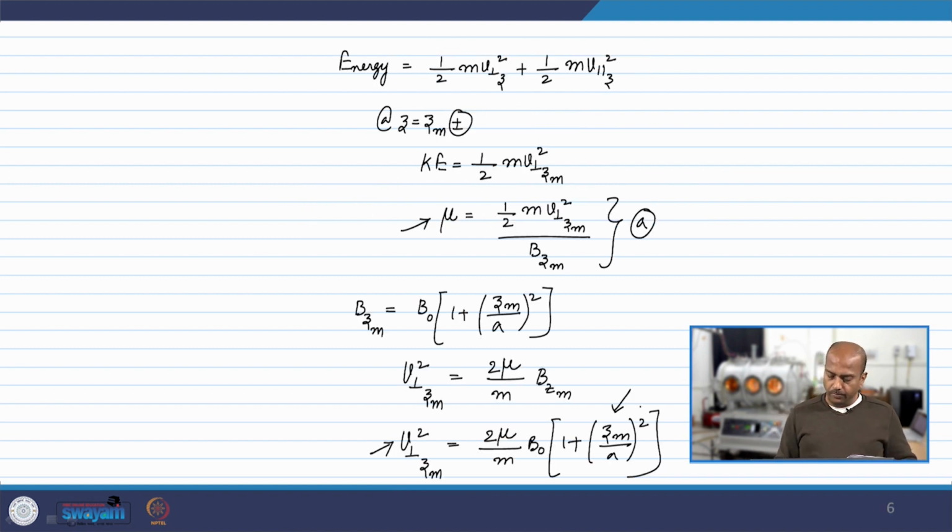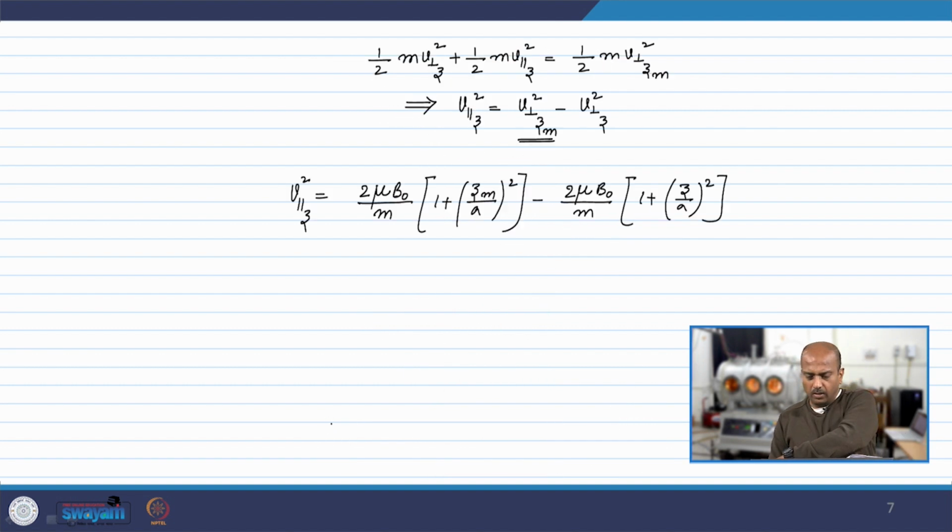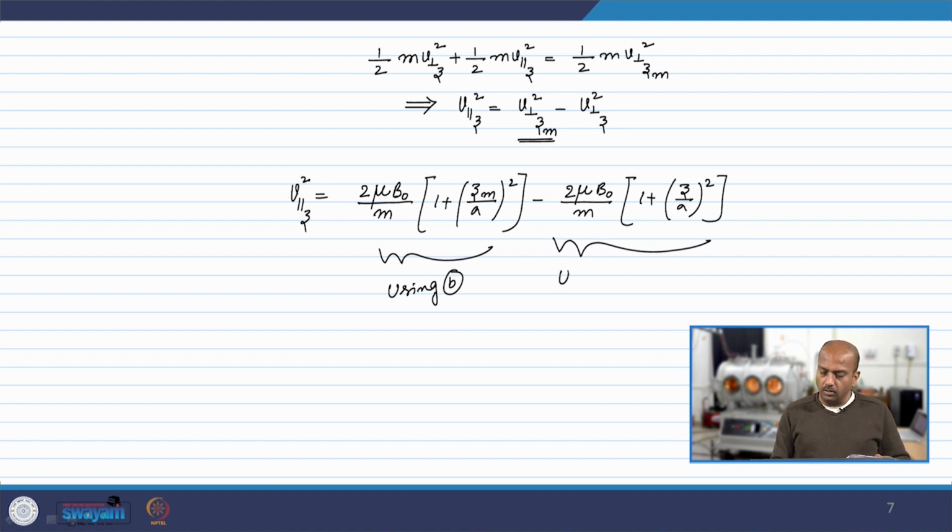This is using B and this is using A. Doing some algebraic simplifications, we will write v parallel z square is equal to